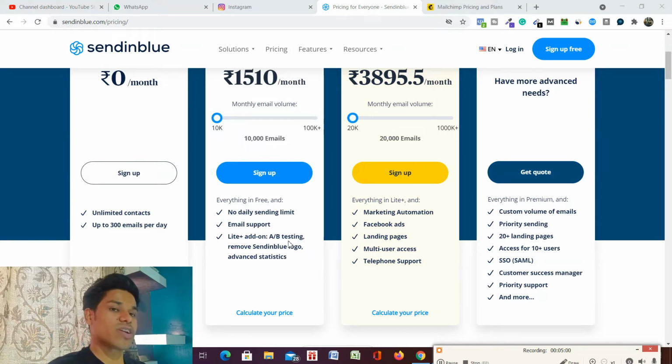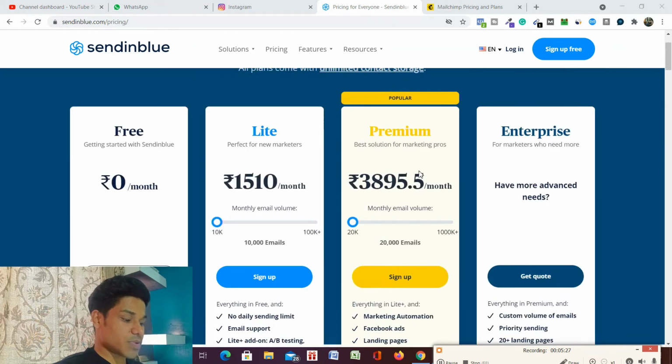So suppose you are in the e-commerce industry, or you are scaling any kind of email marketing campaign. At that time you need A/B testing, because we create two different product pages or two different email templates to test which one is performing well. So for that we need A/B testing. The sad part is we don't get A/B testing in the free version. We used to get it years before, but right now they have included it in the paid one. So A/B testing you wouldn't get.